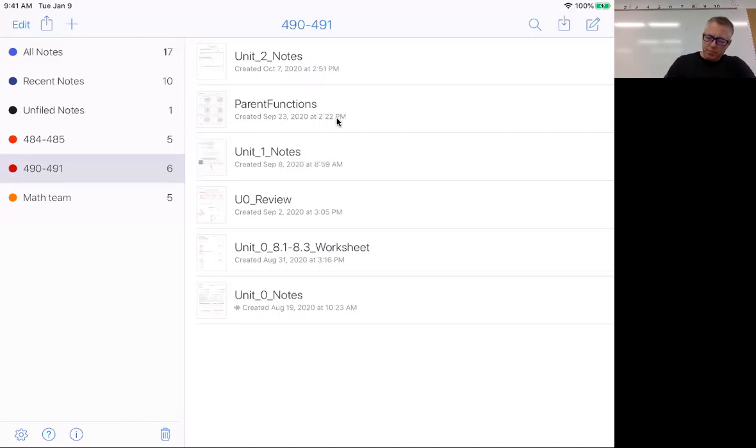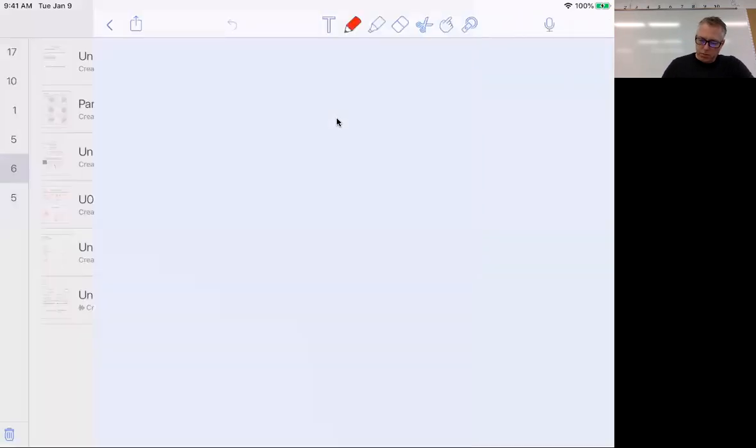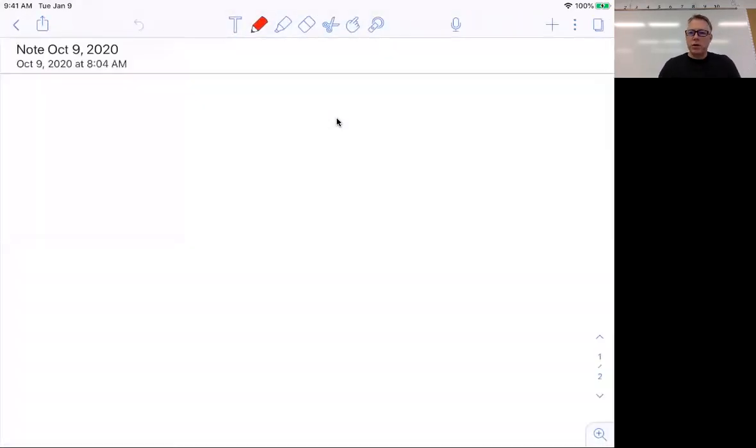Before I get into complex numbers, I'm going to pull up my notes here. Again, I'm in Notability and going into my 490, 491 folder. I'm going to pull up a blank sheet and do a couple of example problems. This would be stuff that we probably have done in our algebra classes before to some extent. So if we wanted to, let's say, solve